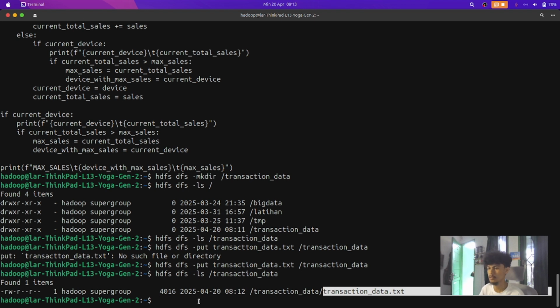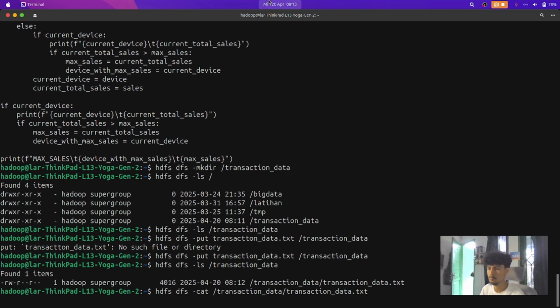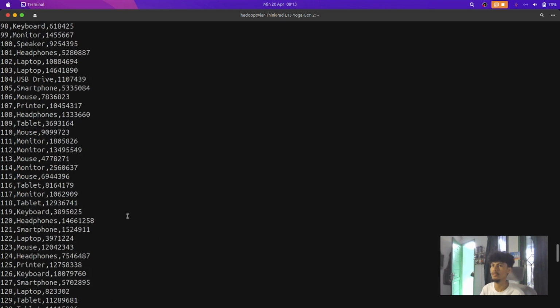If we check, it will be the same as on local Ubuntu. We can use the command cat, like this.